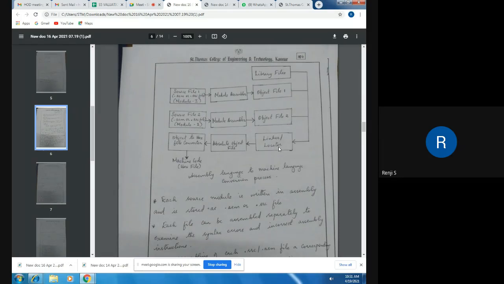Once it acquires the memory address, it is called the absolute object file. The relocatable object file changes to an absolute object file, which is given to an object to hex file converter, which converts it to machine code, which is a hex file. And this is the conversion process.